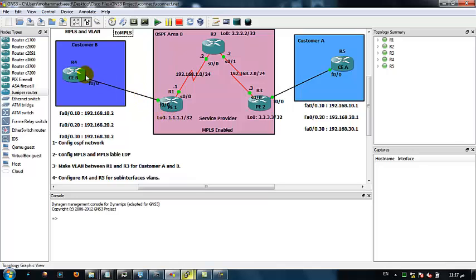But here I must use Fast Ethernet or Gigabit Ethernet between the CE, the customer edge, and the provider edge. So this is very, very important to know. Also, implementing Ethernet over MPLS across service provider networks